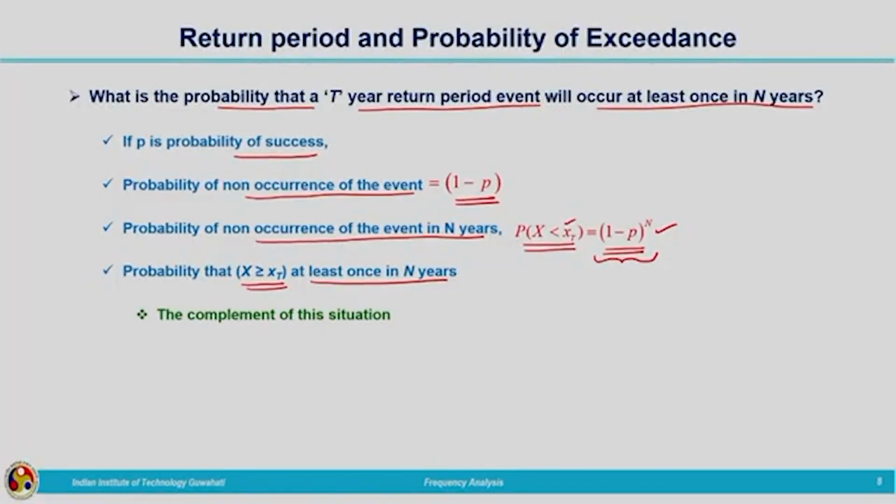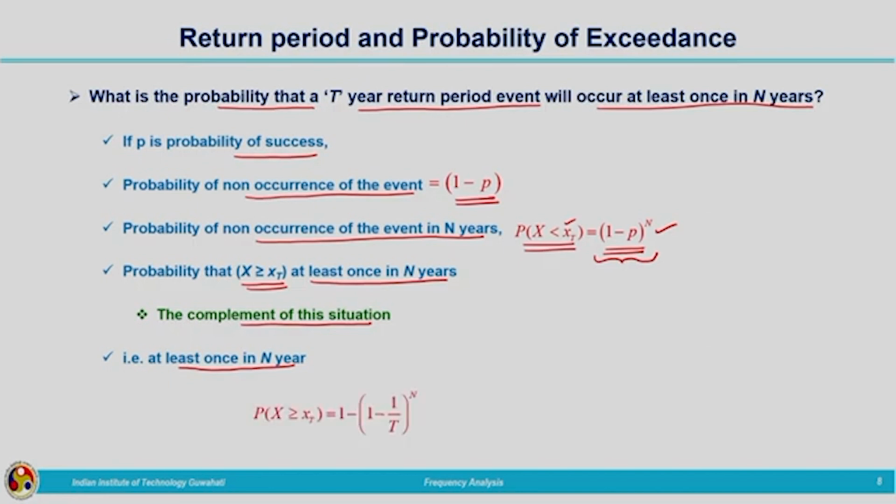So, the occurrence of an event at least once in n years is complementary to that. This is nothing but the complement of the situation which we have represented by (1 minus p) to the power of n. So, we can write from the complementarity rule, that at least once in n years